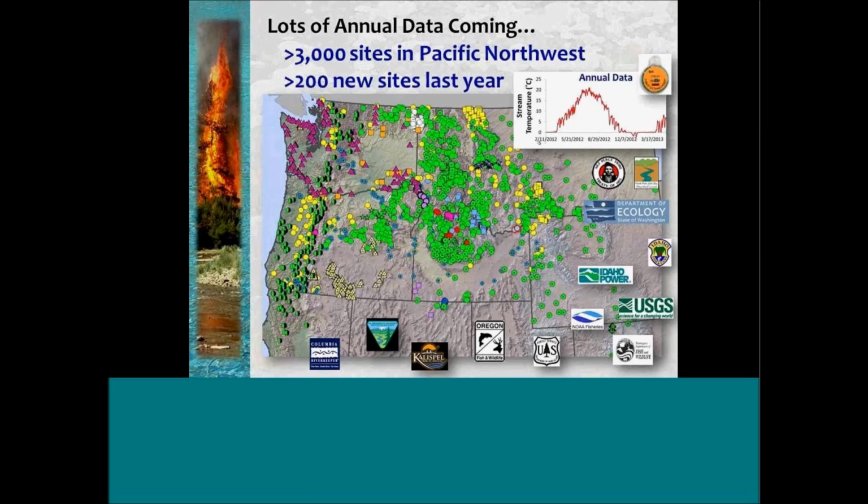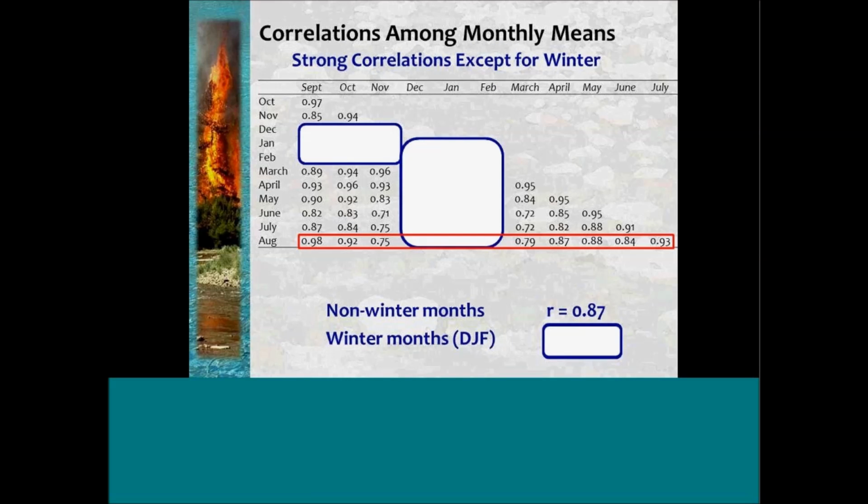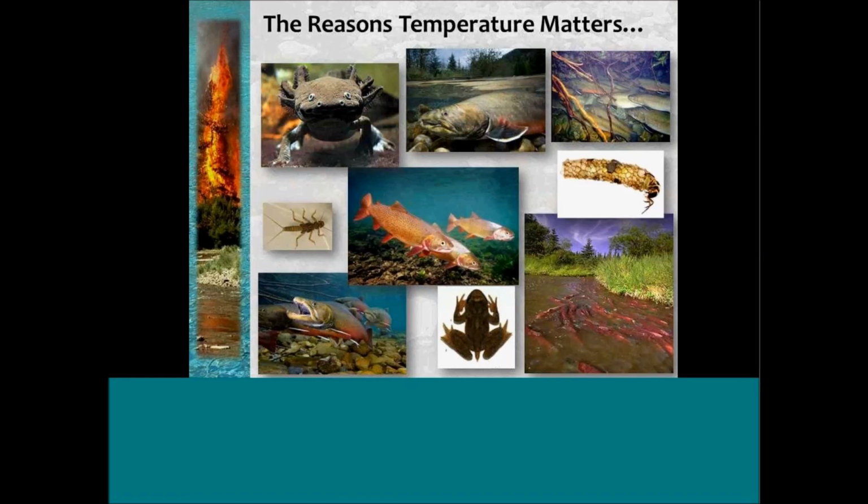And two, there's a lot of additional new full-year data that are being collected out there as well. And this graphic just shows places where sensors are in the water currently, collecting new full-year data sets. And so there's going to be a tremendous amount of additional information to work with going forward. I think I'll just skip past that because I want to really get to this last part of the talk